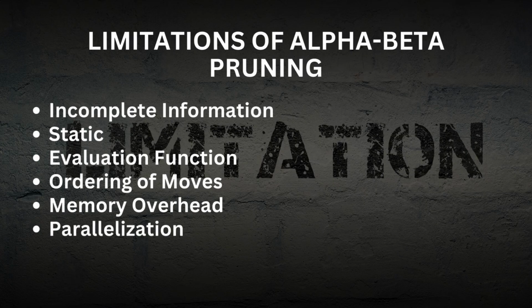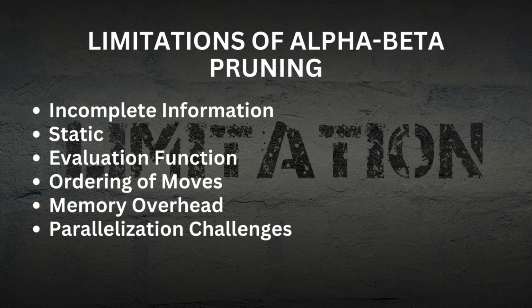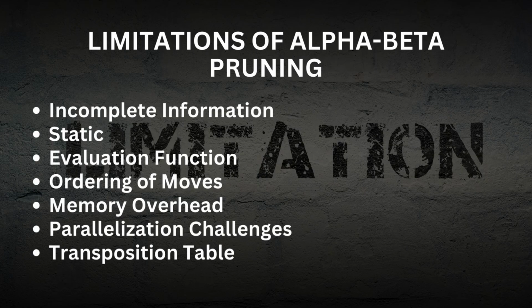Parallelization challenges. Parallelizing alpha beta pruning can be challenging, especially in shared memory systems, due to the need to update and synchronize alpha and beta values. Seventh, transposition tables. For games with repeated positions like chess, the algorithm can benefit from a transposition table, which adds complexity